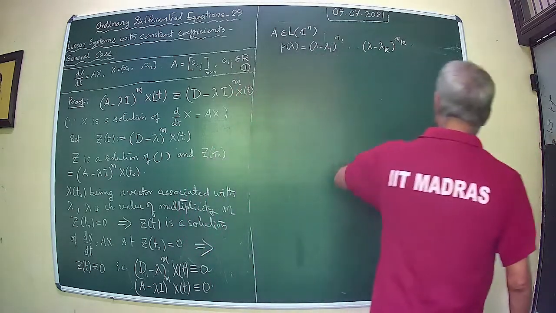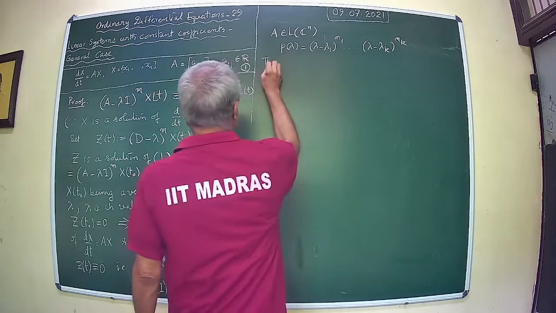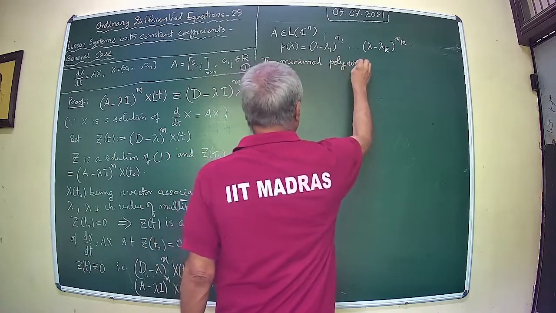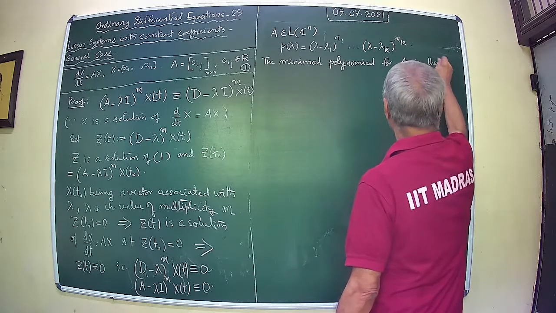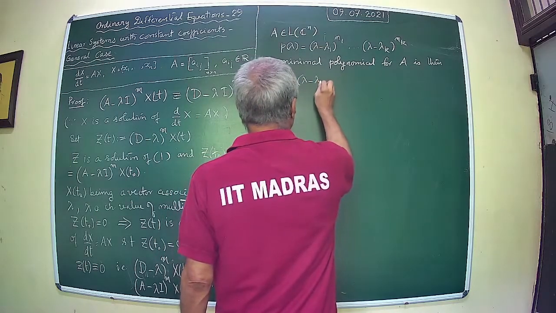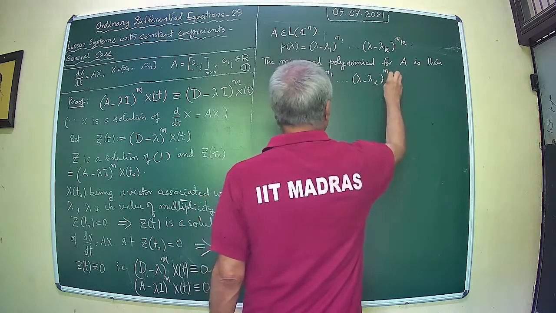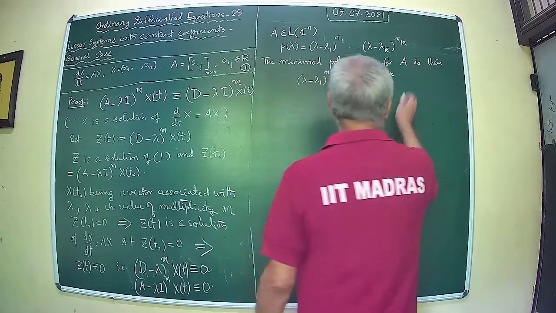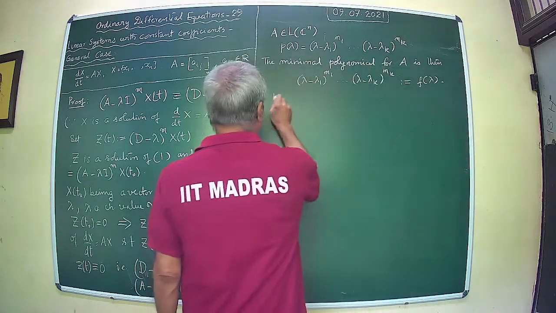Now what one does, this is the characteristic equation. Therefore, if you just recall, see the minimal polynomial of A is, then something like this is the minimal polynomial for A. Let us write this by f